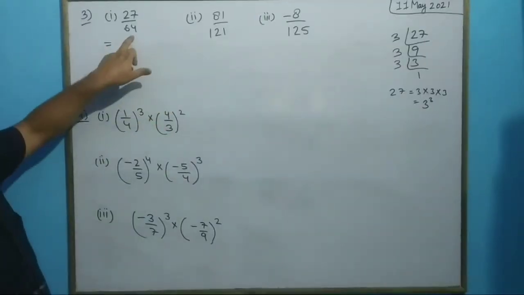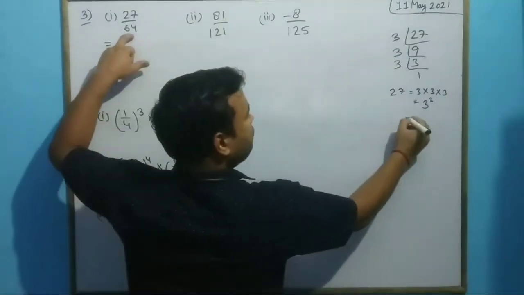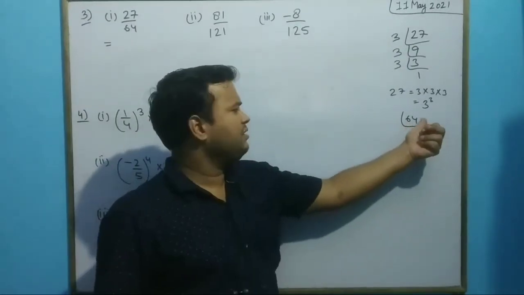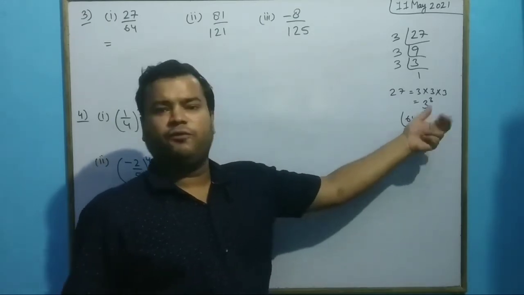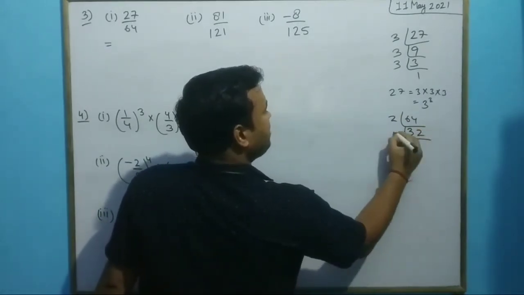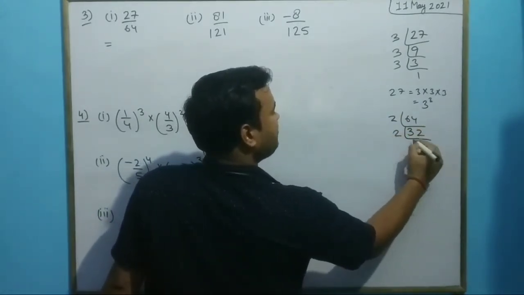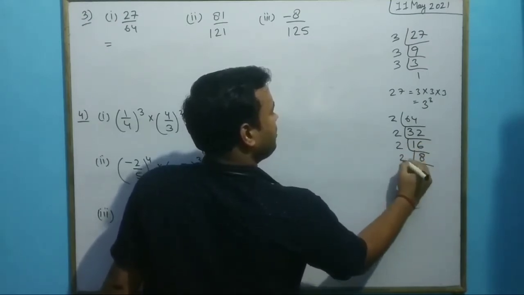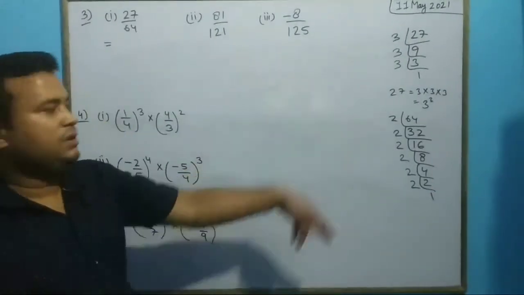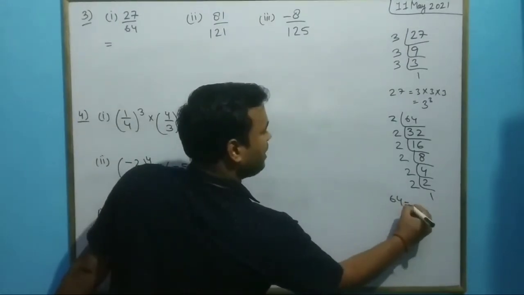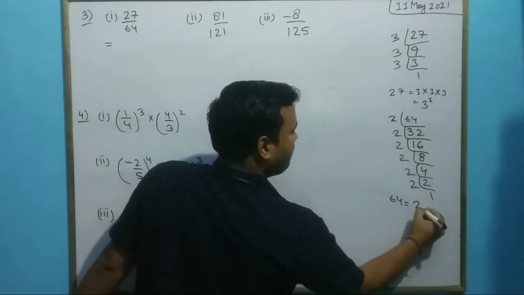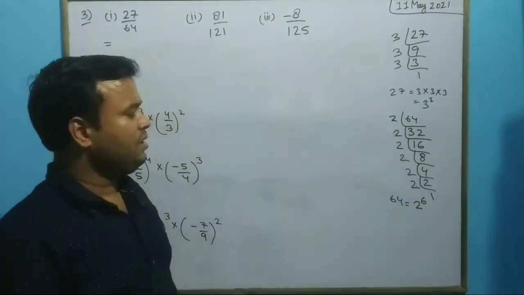Again let us find the prime factorization of 64. Okay. So how can we write 64? Let us divide it. We get its prime factorization. Okay. 64. Let us take the first prime number, that is 2. Okay. It will be 32. Again we can divide again by 2. That is 16. Now again 8. Okay. 2 4 is 8. 2 2 is 2. Okay. So now we can also write 64 as 2 the power 6.